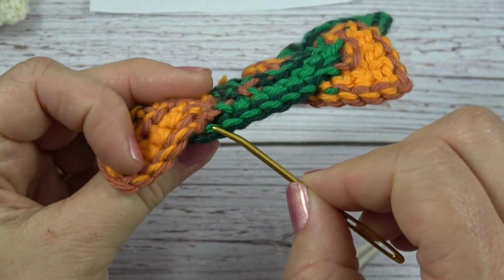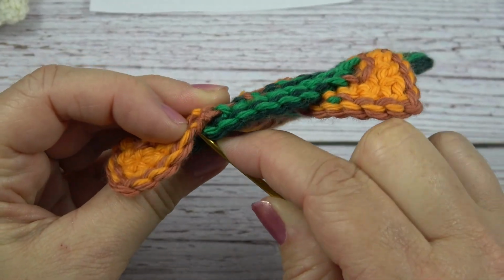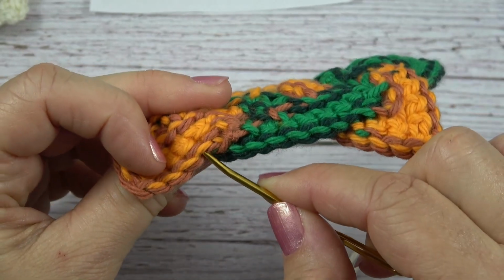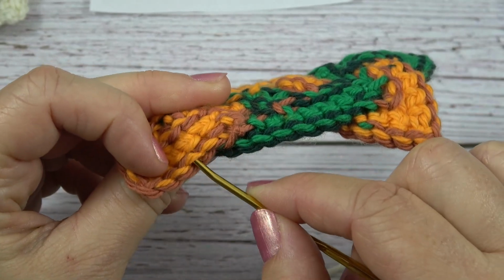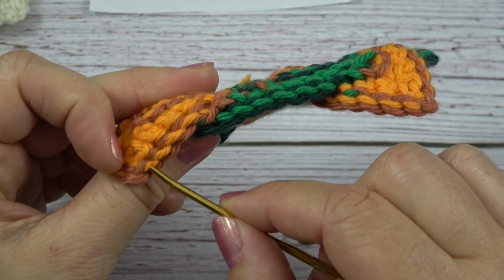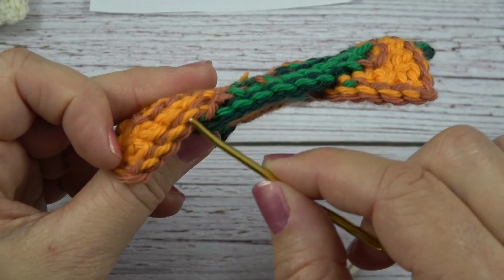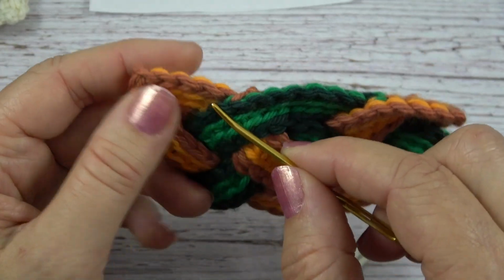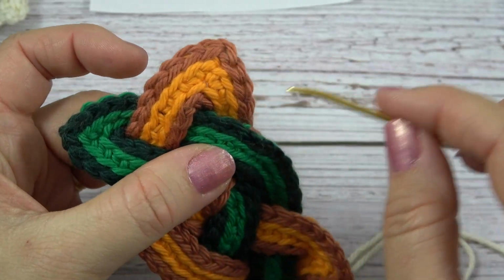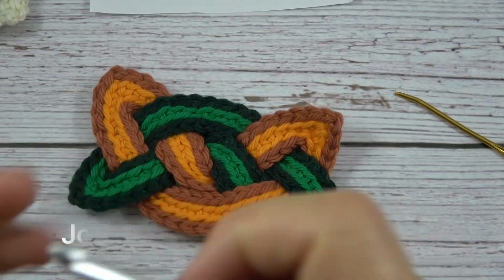So I'm going to look behind, and there's a loop here and a loop here, and I'm going to put my hook through like that, and then I'm going to continue working in that loop. It's actually a different color, which makes it easier to find. So these back loops here, anything that is below that slip stitch edging, so you keep this pretty braided look intact. And I'm going to join with a half double crochet,